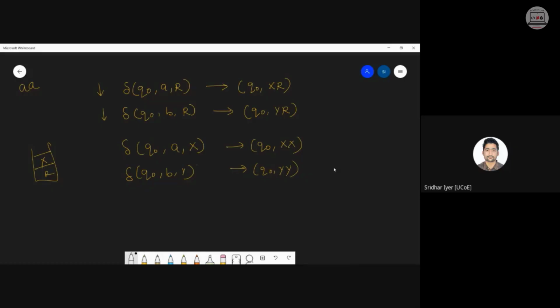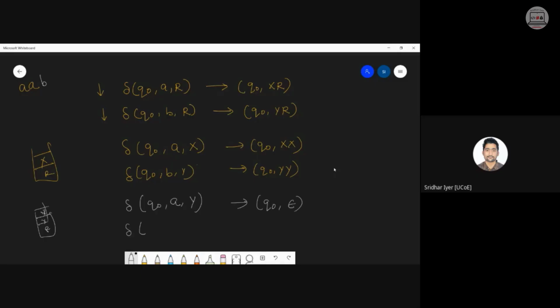Popping is very simple, as I told you earlier also. Now assume if I encounter A on top of Y, it will be Q0. If I encounter anything like this, I know that Y corresponds to B. So it is very simple. It simply means that there is already one Y in the stack and I'm trying to add one A on top of it. So I will pop whatever is present on top of the stack. So it will be Q0 comma epsilon.